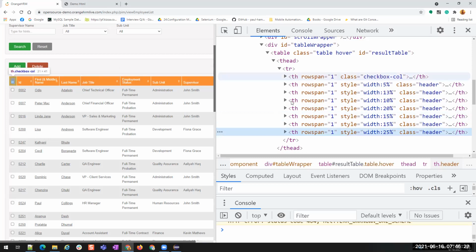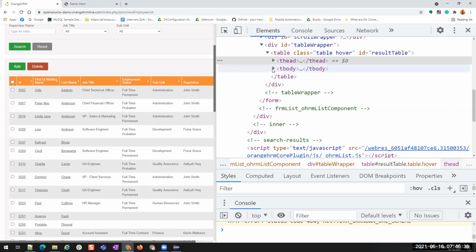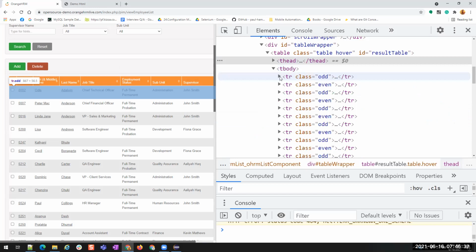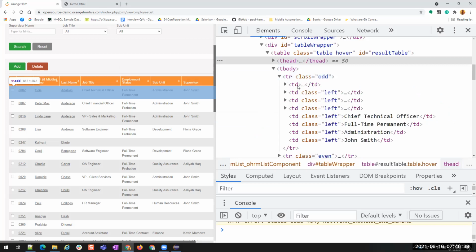TH is the HTML tag. And then in T body, you have rows, and inside rows, to separate one column from the other, we are using TD, right?